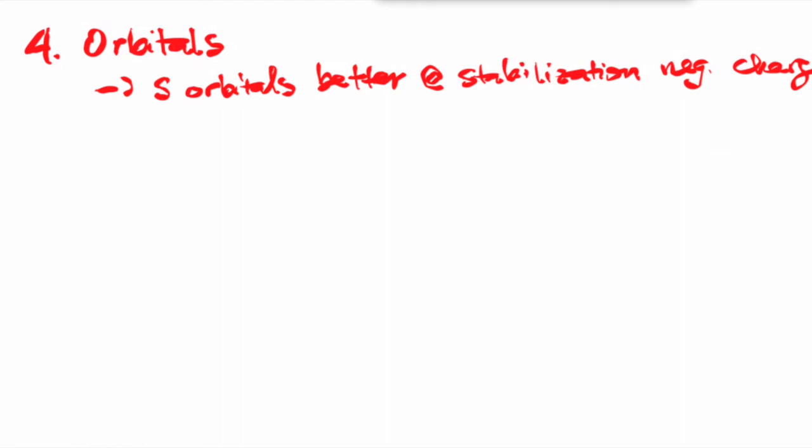But we really want to think in terms of hybridized orbitals now. And in particular, remember we have the sp orbital, the sp2 orbital, and the sp3 orbitals. So the more s character your orbital has, the more it can stabilize that negative charge. So among these 3 hybridized orbitals, which one can stabilize that negative charge more? Which one has more s character? It would be the sp, right? Because it has 50% s character. And the sp2 would also have greater stabilization than the sp3 orbitals.